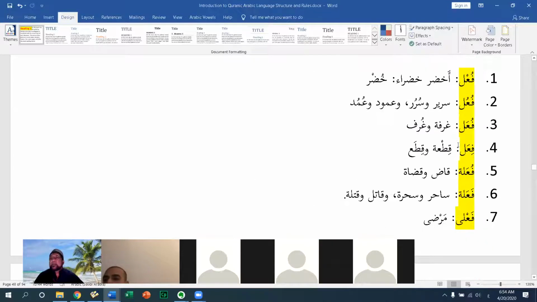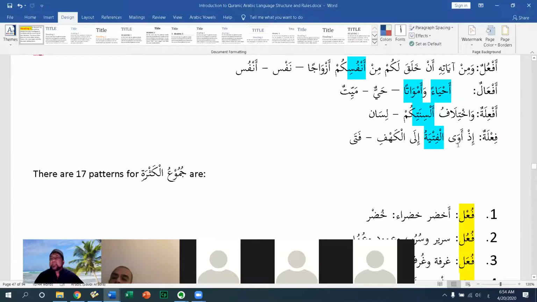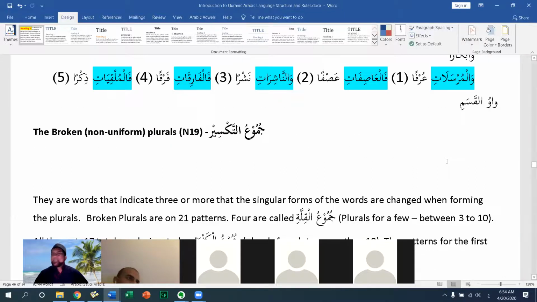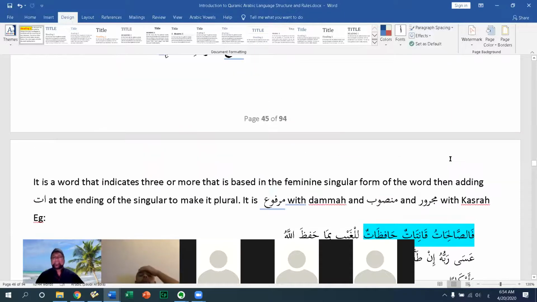Aqlamun would be aqlamun. It would be on what pattern? Aqlam, af'al. Aqlamun. Yes. Af'alun. So you learn the pattern of the plural for a singular word by memorizing it. And this comes about with this practice.